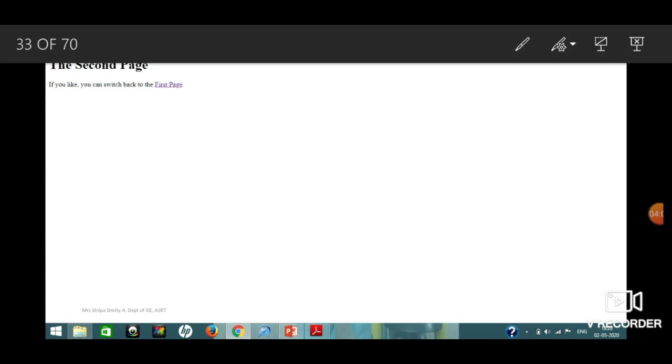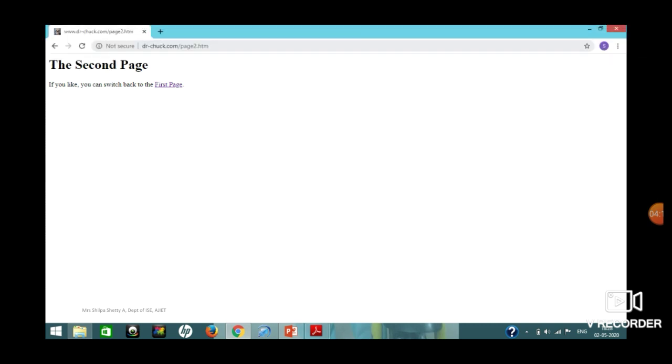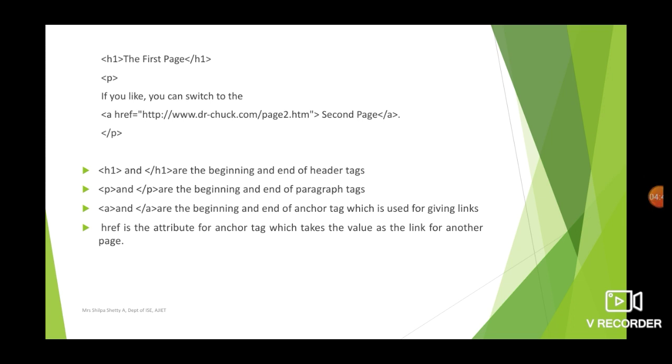So what you observe is, when you click on the second page from page1.html, you will be taken to page2.html. Now we will write a program to find all these links, that is, all the hyperlinks that are available from a particular page, like from page 1 you are going to page 2. If you want to access all these details, you have to work with the HTML code. We have already discussed one HTML code here. So let me just take you to it. This was the HTML page that we discussed.